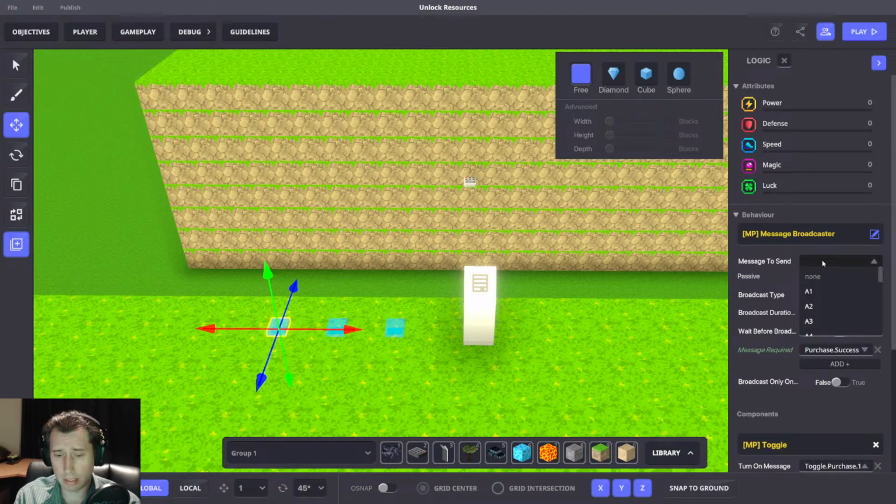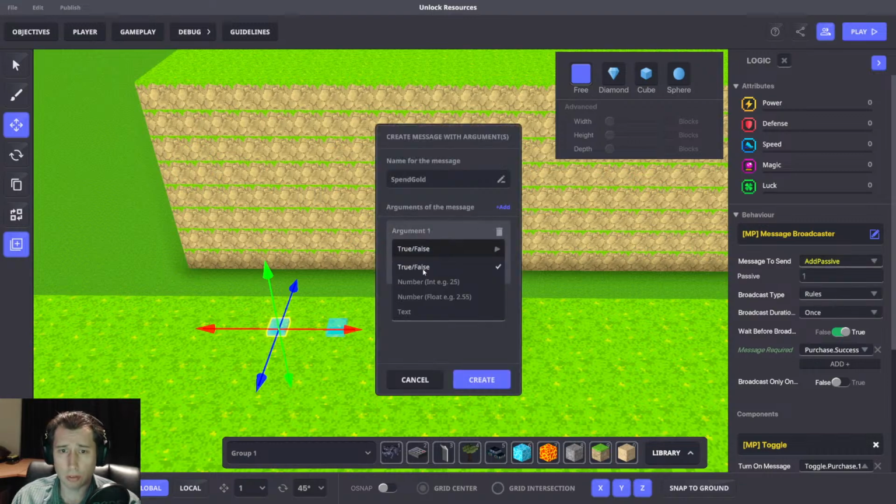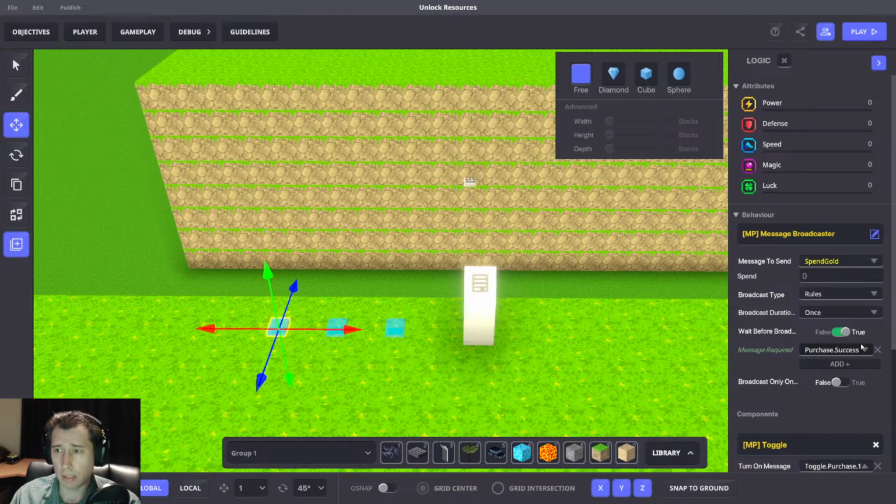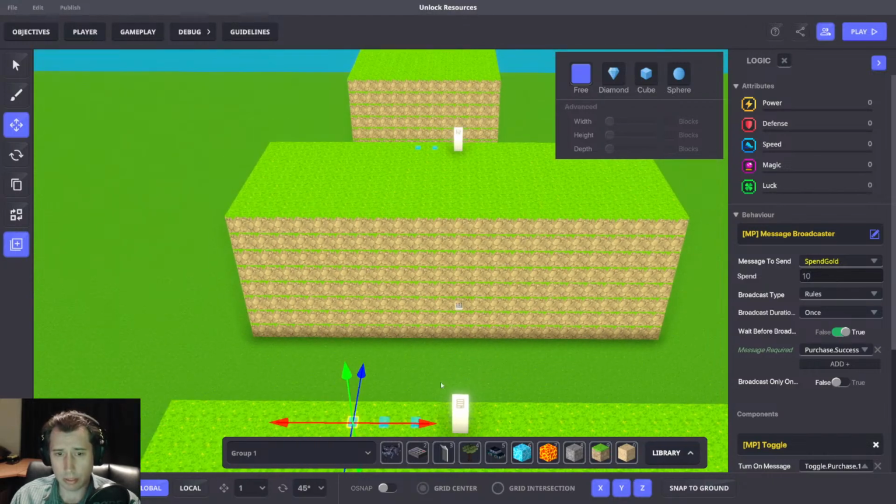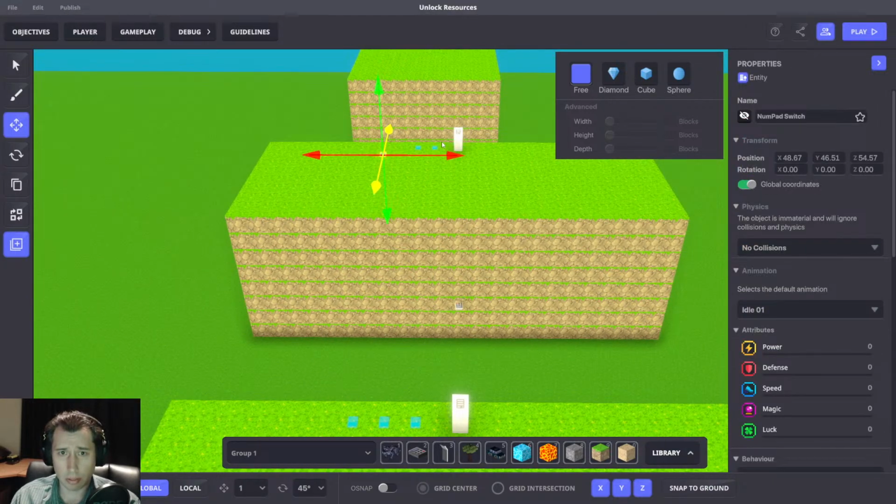And we could say spend gold, and we'll make that a message argument, and we'll just say spend or cost, whatever. So the cost here will be 10. And if we duplicate this one and bring this over here,